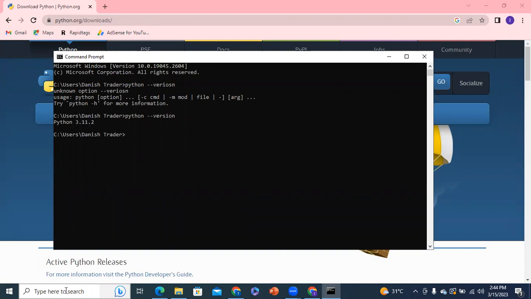Open the command prompt and type python --version. Okay, what is the problem? Sorry, my mistake. All right, Python version 3.11.2 has been installed. The error Python was not found has been resolved, and this is the easiest way to